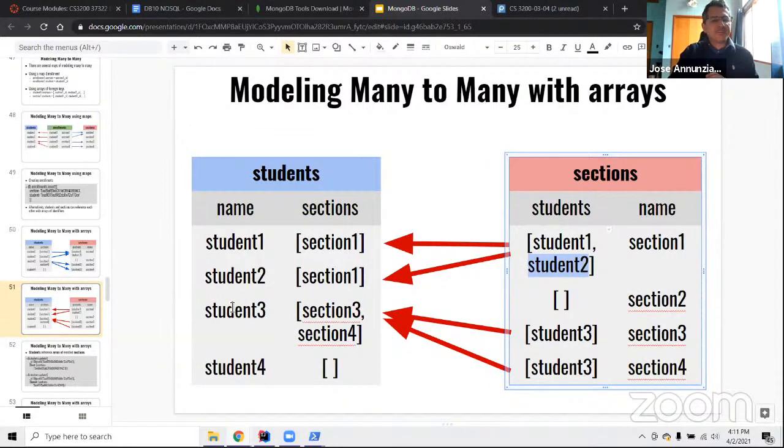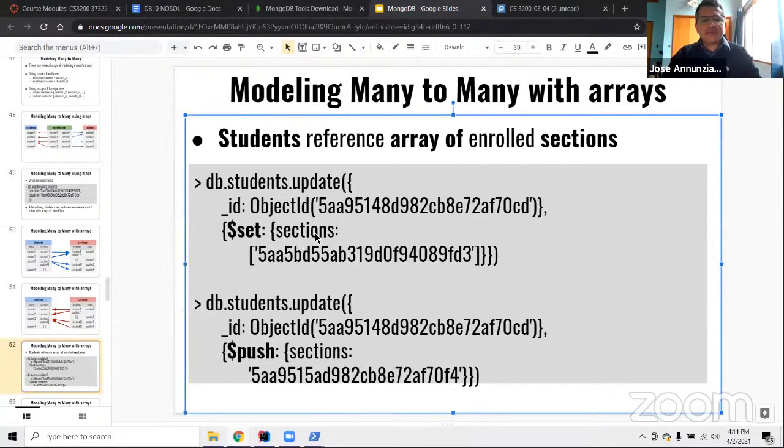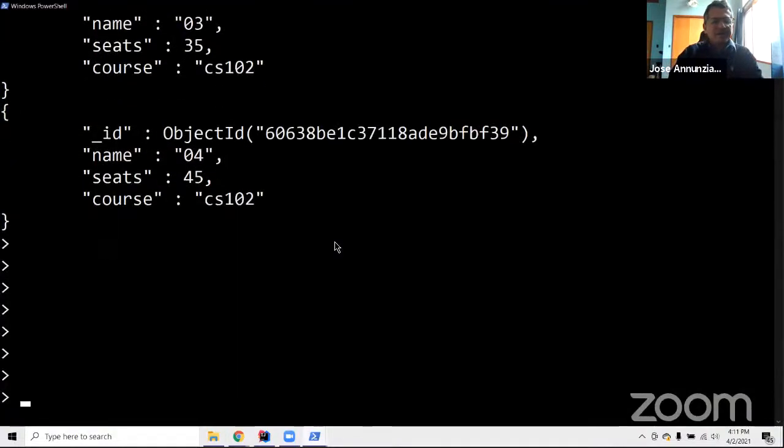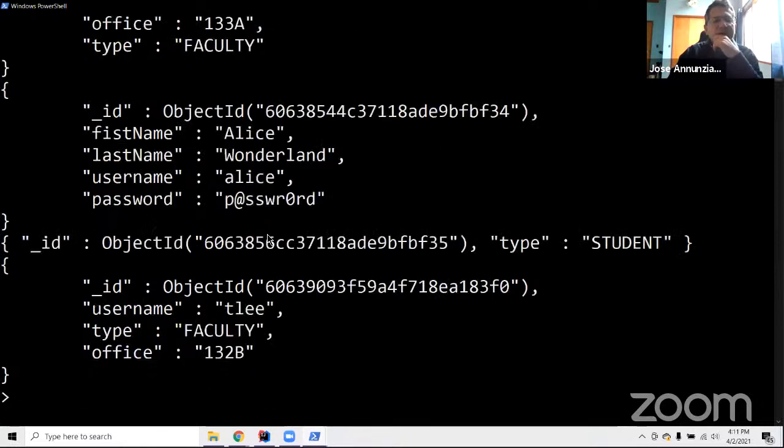Okay, so how would we do this? Let me just show you, right? So for instance, let's enroll one of the students in a section. And that section is going to be an array. It's going to be an array of sections. Okay, so let's do that. Let's see. What do we have? We have these sections. We have section 4 here. And for students, what do we have? We have Alice. Let's first make Alice a student. That's easy, right? We can say